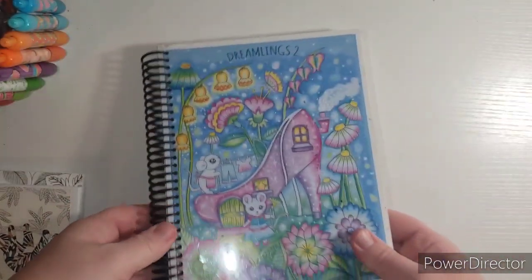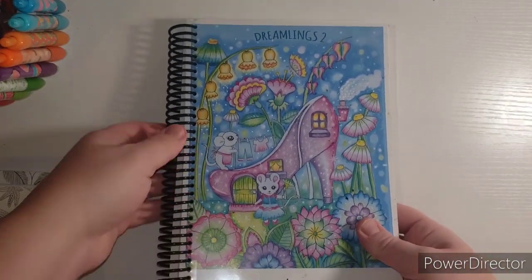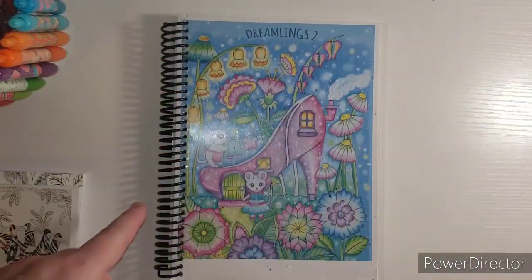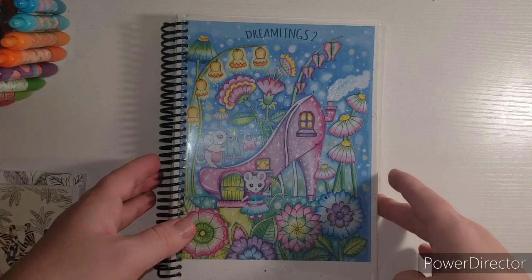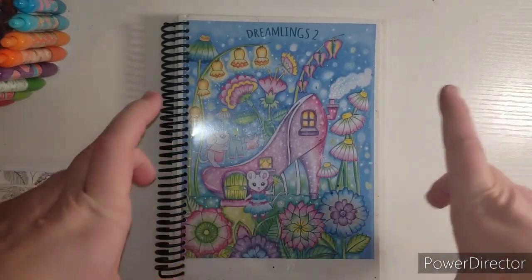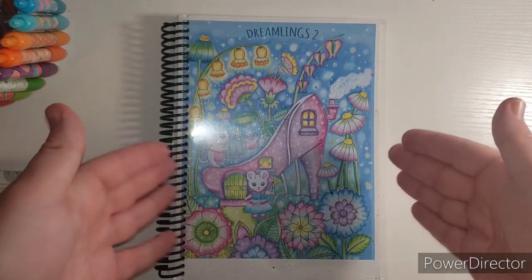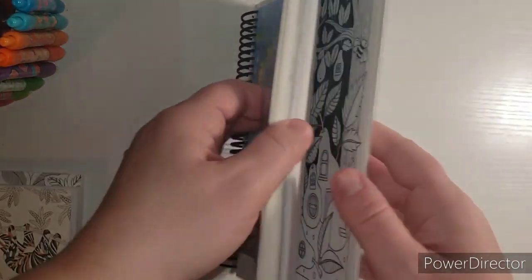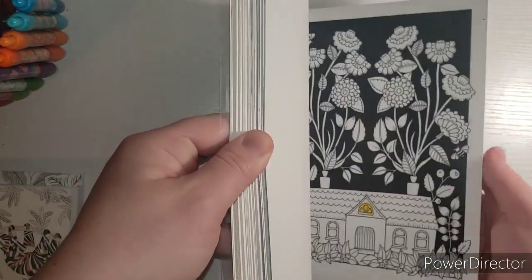Next, I have my Dreamleans 2. So this is not what Dreamleans 2 normally looks like. It normally comes in a regular book size, Amazon book size. But I bought the PDF and I went to my copy store and I actually asked them to shrink it down and make it this mini size book. And in here,